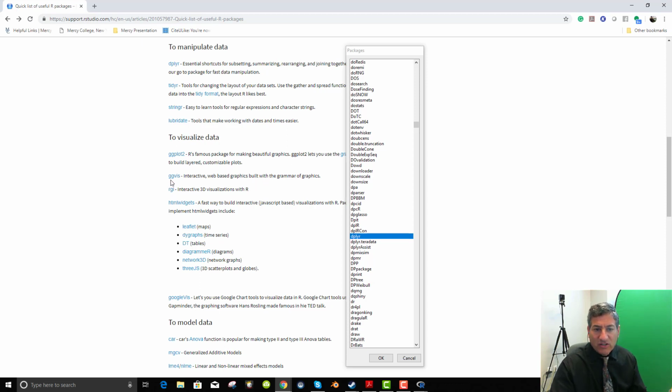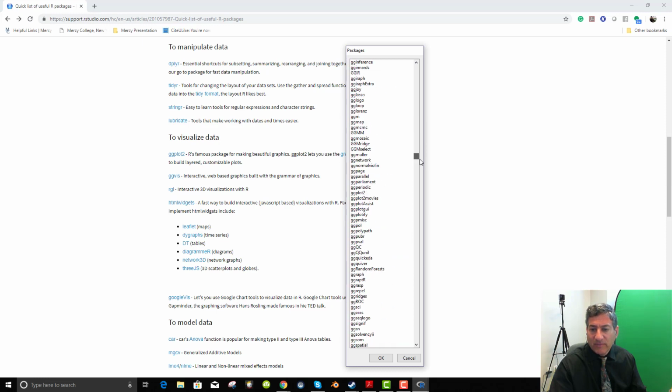And then there's Ggvis, interactive web-based graphics built with the grammar of graphics. Interactive 3D visualizations, that's going to be good for us because we want to do 3D. And we probably don't need the rest of this for right now, although leaflet maps would be cool. Okay, so what I'm going to do is go up and get Ggplot and try to find